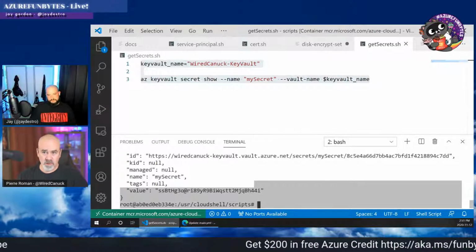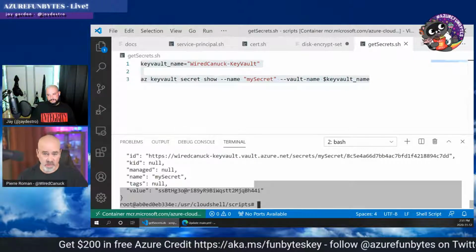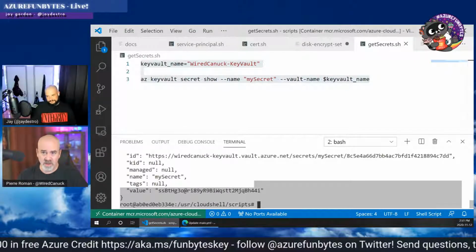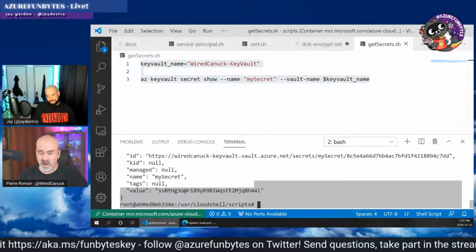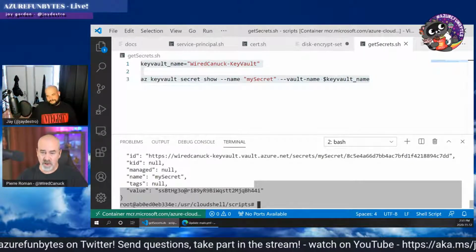So you don't have to worry about somebody who got fired remembering the password or having it written down. You could do the same for Linux VMs with certificates, where you could generate a new certificate